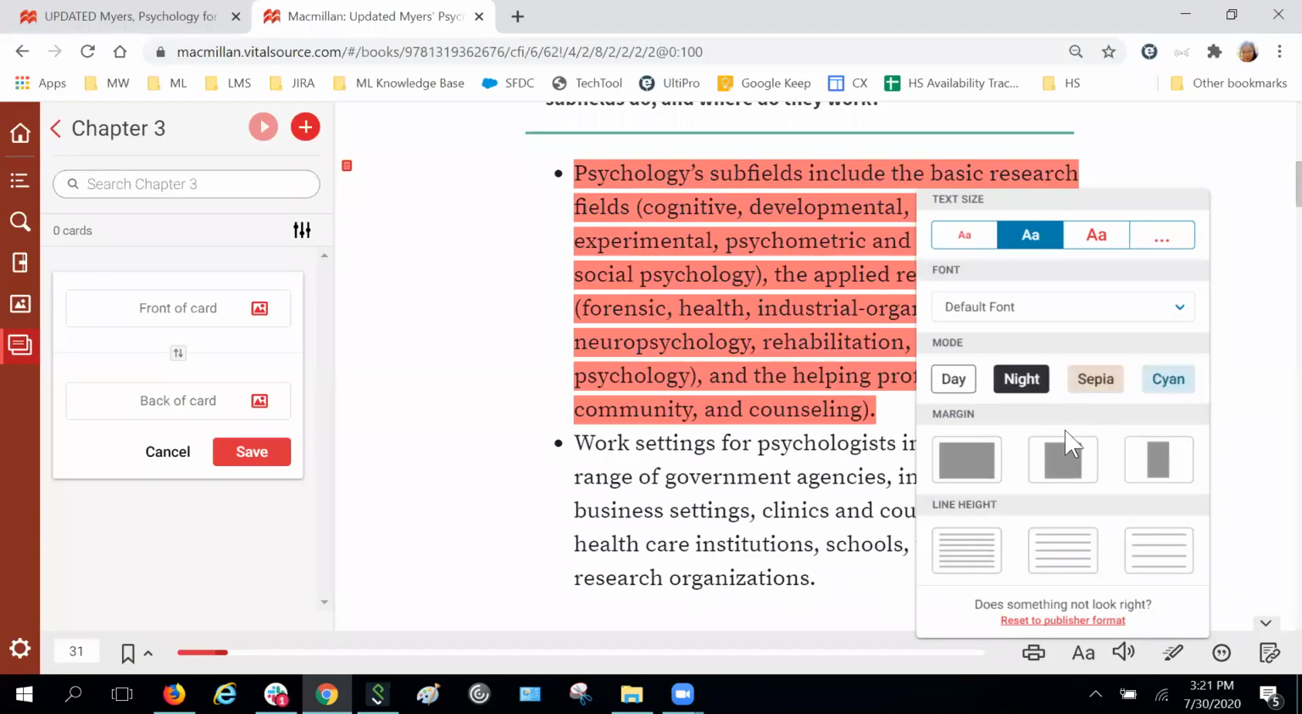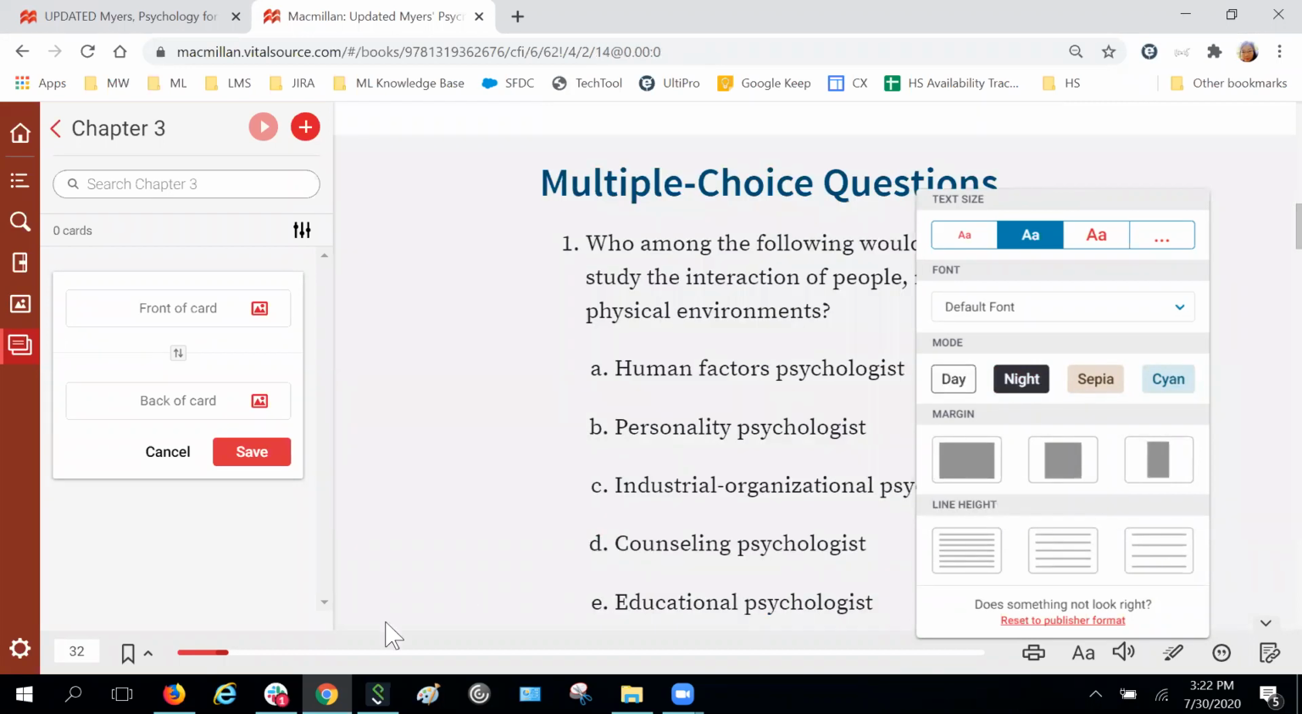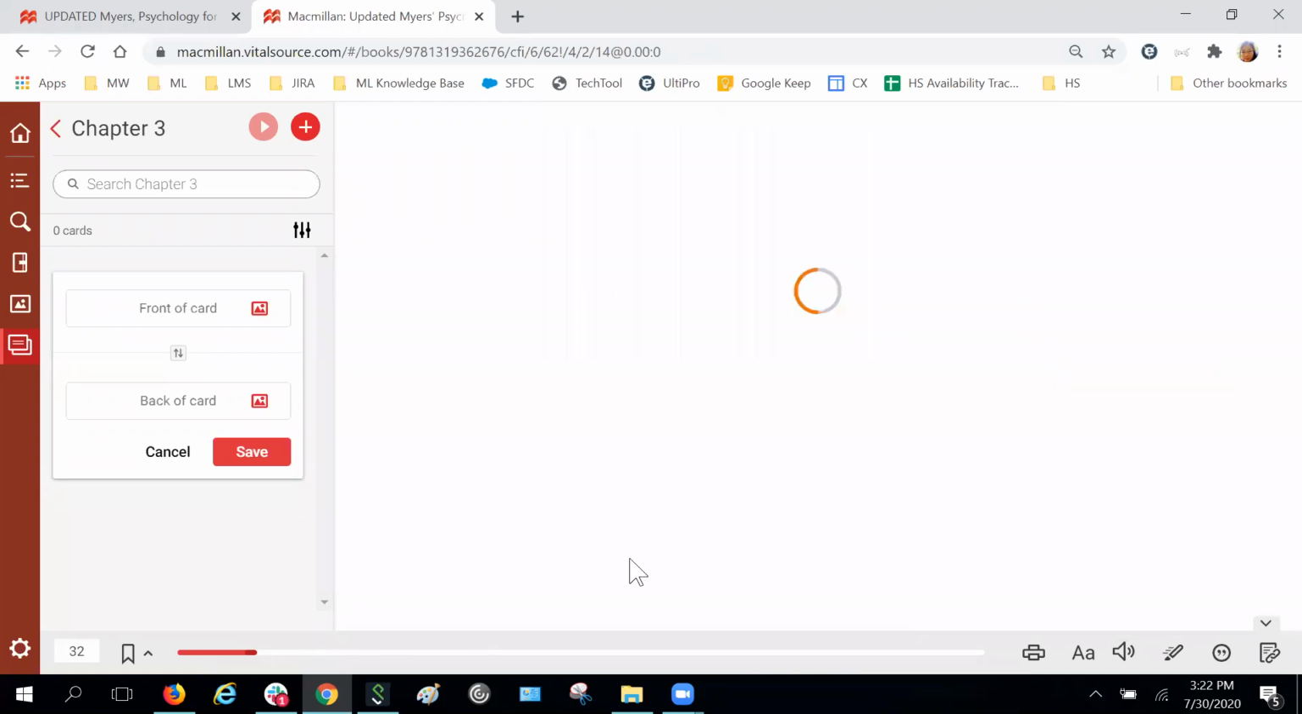Default fonts. I can change it from day mode to night mode to sepia toned. I can also change the margin sizes. I can also condense the text or double space it or triple space it. Let me also go into another ebook page so I can show you the formatting options a little bit more